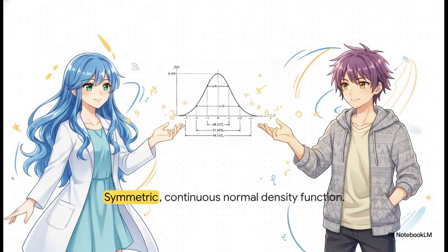When you visualize this, you get this continuous density function that peaks perfectly at the mean and then smoothly tapers off in both directions. It's perfectly symmetrical. It stretches infinitely to the left and infinitely to the right, getting closer and closer to that horizontal axis, but never quite touching it. It's elegantly accounting for even the most impossibly rare extreme outliers out there.